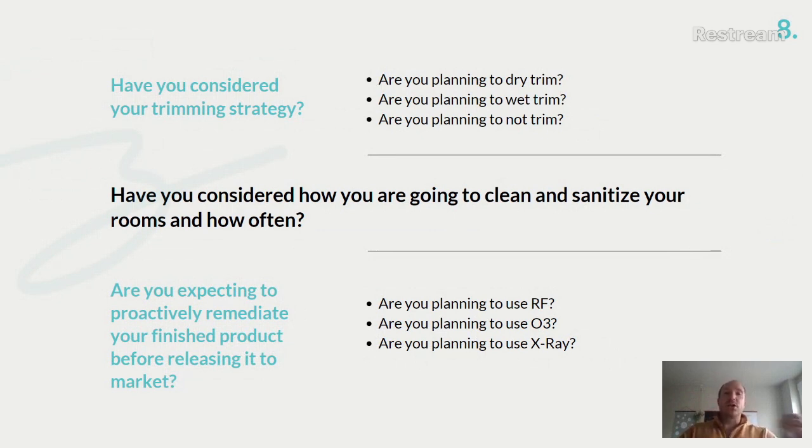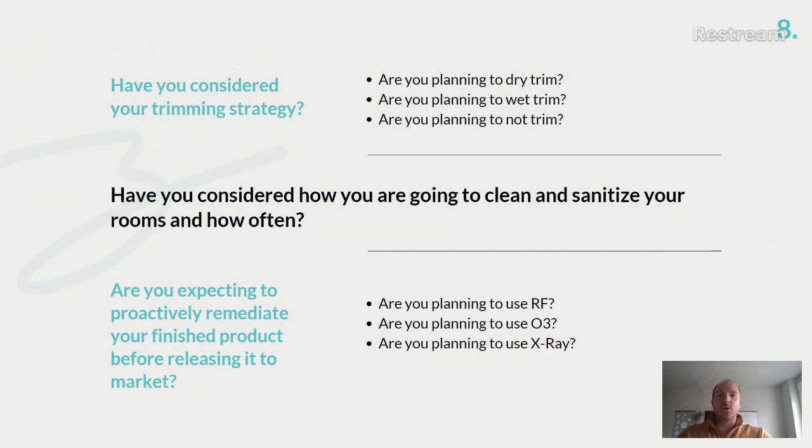So we'll want to design the security system effectively around where these stations are actually going to be. As an example, we can have an overhead camera on each individual trimming station where we're going to be hand trimming. All of that's going to inform your labor load and the skill level of that labor. The more automation that we're going to have, the greater skill level we're going to demand.